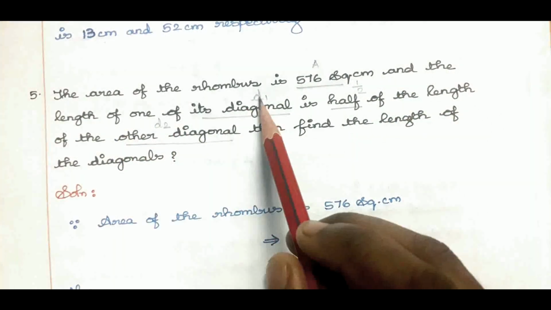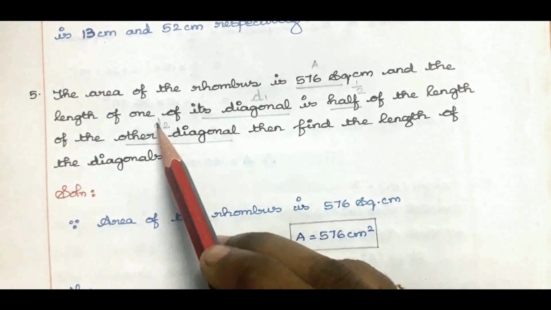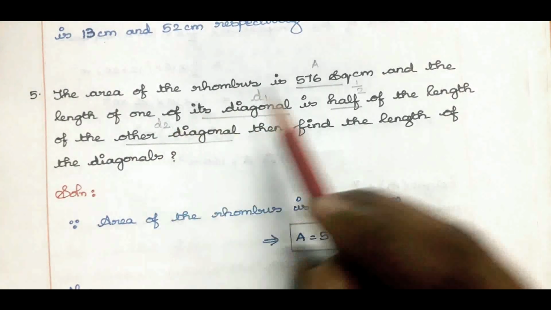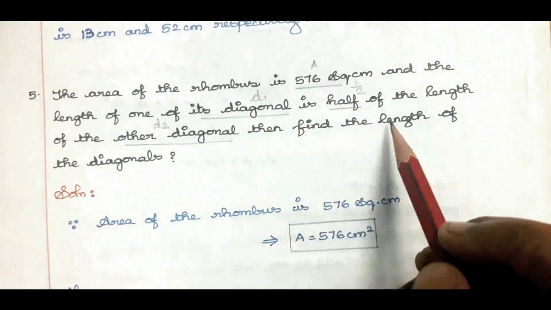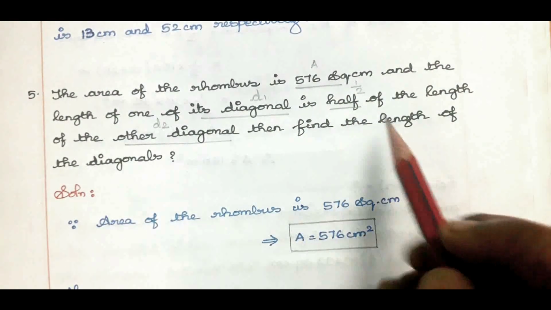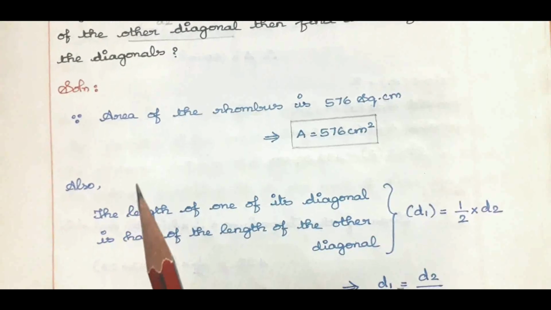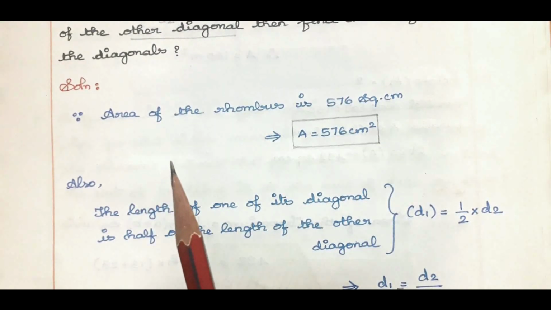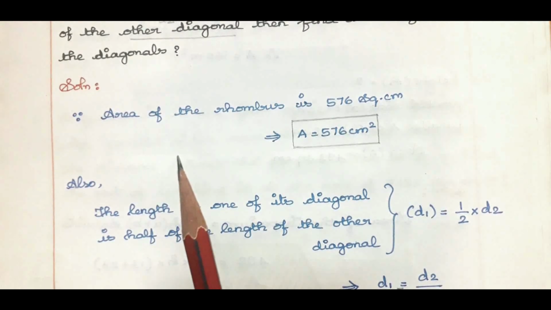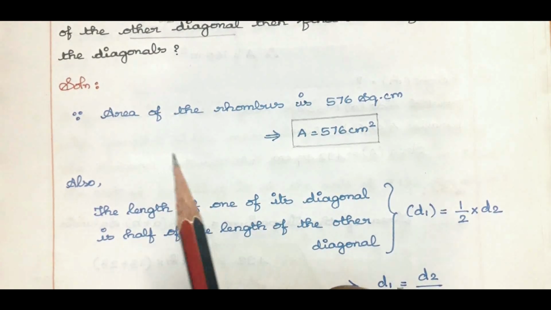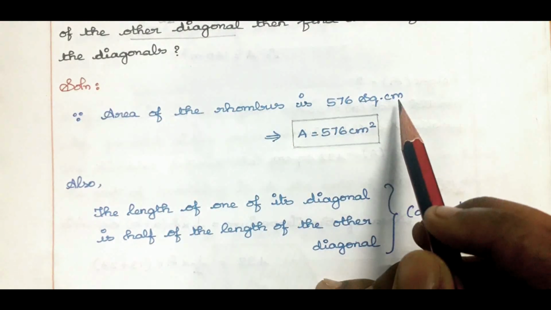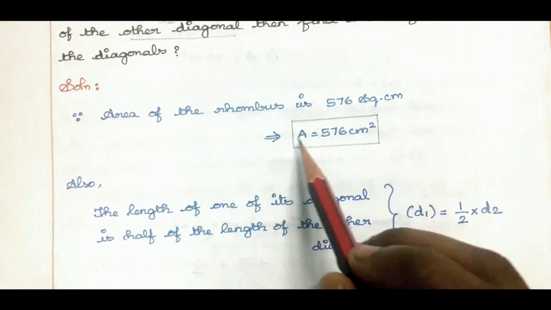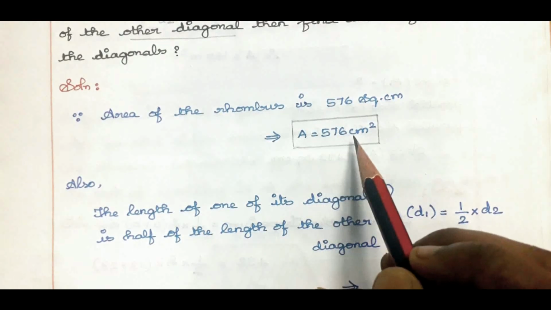Length of the first diagonal we will take as d1, length of the second diagonal we will take as d2. So it means that d1 is equal to half of d2. Now they are asking us to find the length of the diagonals. So exactly we want to find the value of the length of diagonal 1 and length of diagonal 2. Solution: since area of the rhombus is 576 square centimeter, it implies that A is equal to 576